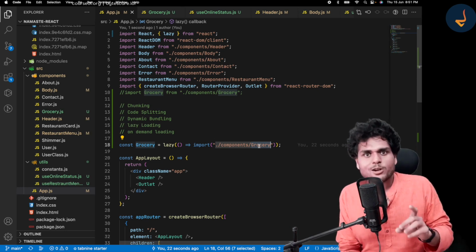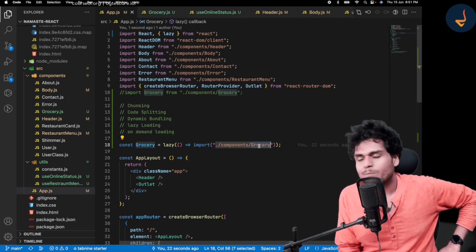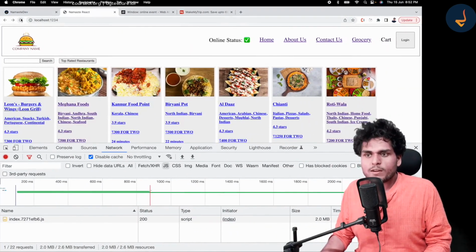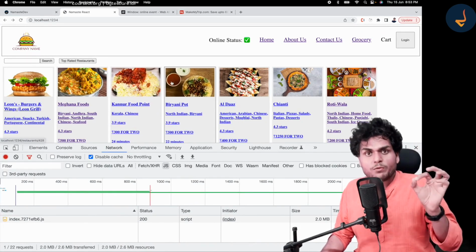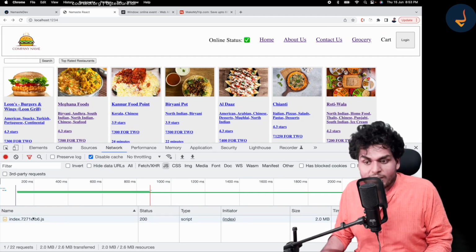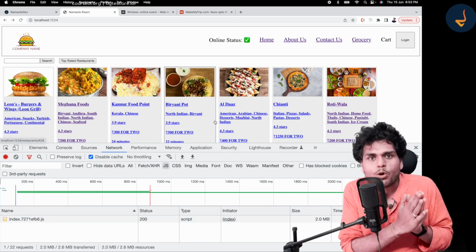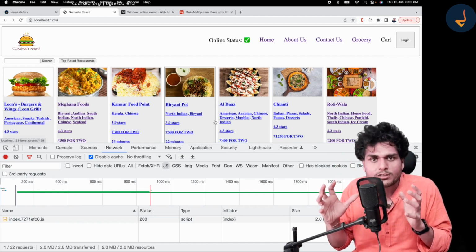This one line of code can do magical things in your app. I'll show it to you. Now, when we load our web page, what if I tell you that our JavaScript bundle, this index.js, does not have code for the grocery component? It has not loaded the code for the grocery component.